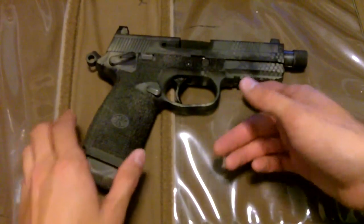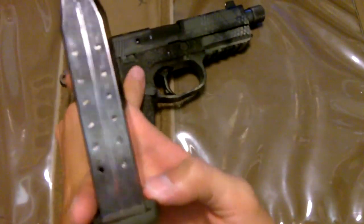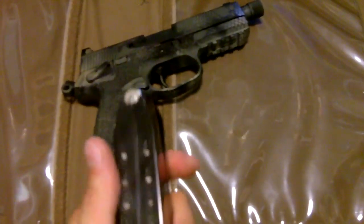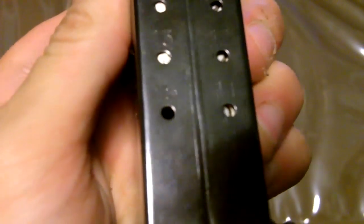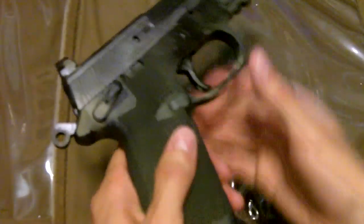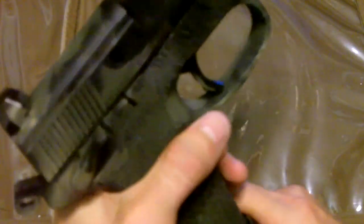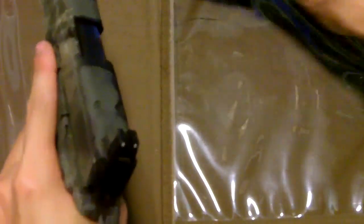Now, this is a double-stacked 45 that runs 15 round magazines, and I'm going to get this nice and close so you can see it right there. This is also a double single action handgun. What's neat about this double single action handgun is namely this. Unlike a lot of different double single guns that are out there,